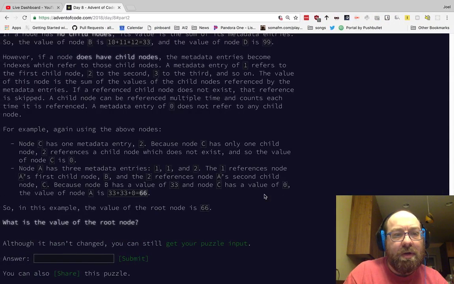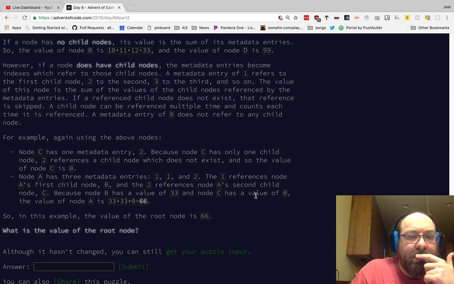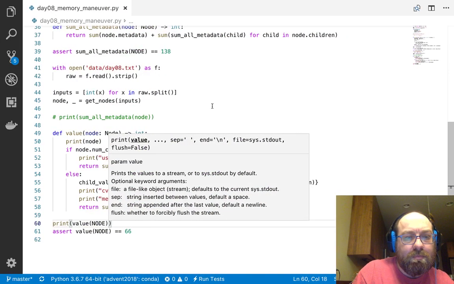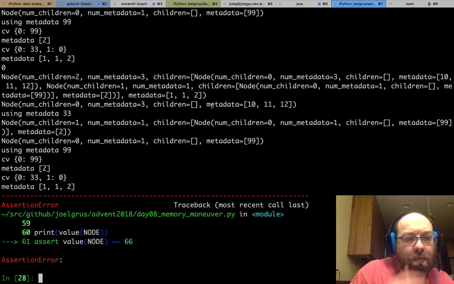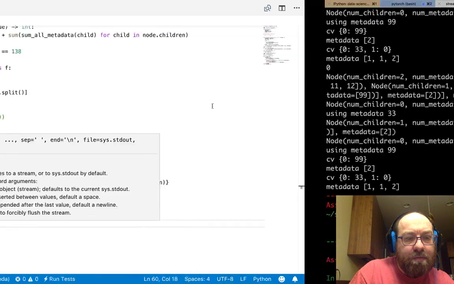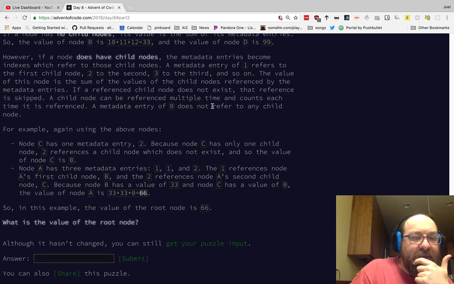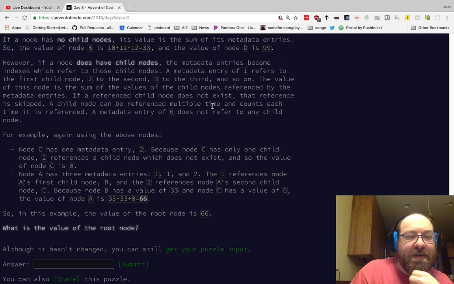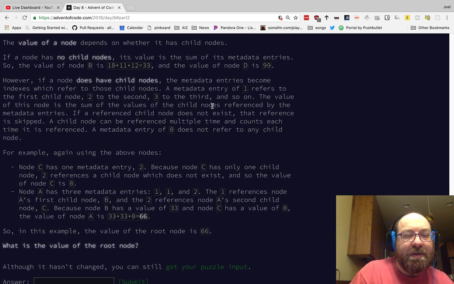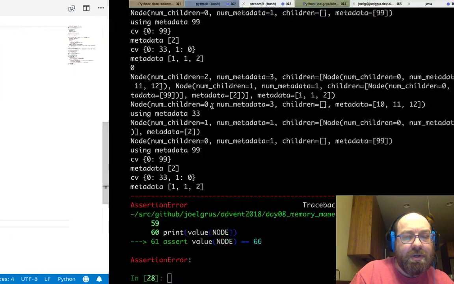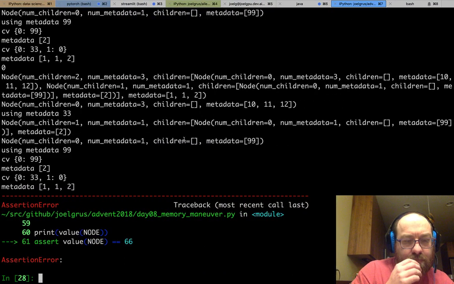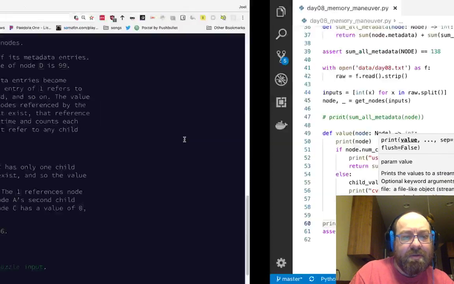So I think I've probably misread. Node C has one metadata entry, 2. Because node C has only one child node, 2 references to child nodes exist. Value of node C is 0. Node A has 3 metadata entries. 1 reference is B, and the 2 references C. B has a value of 33, and C has a value of 0. So the question is, am I